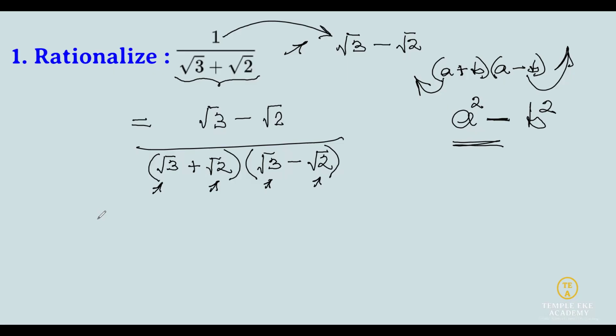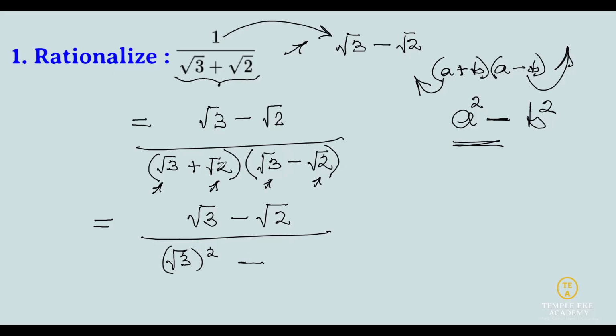So let's go. This becomes square root of 3 minus square root of 2 divided by, this is a difference of two squares. So take the first one totally, square root of 3, maintain a square on it, and go ahead, subtract. Take the last one, square root of 2 also, and maintain a square on it. Can you already see clearly? Can you see what can happen here? So this is going to give us, if we continue on this side, square root of 3